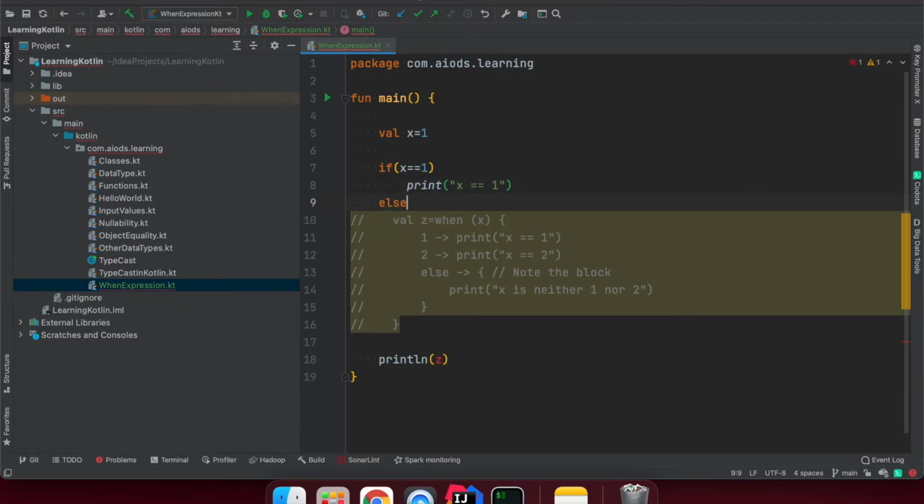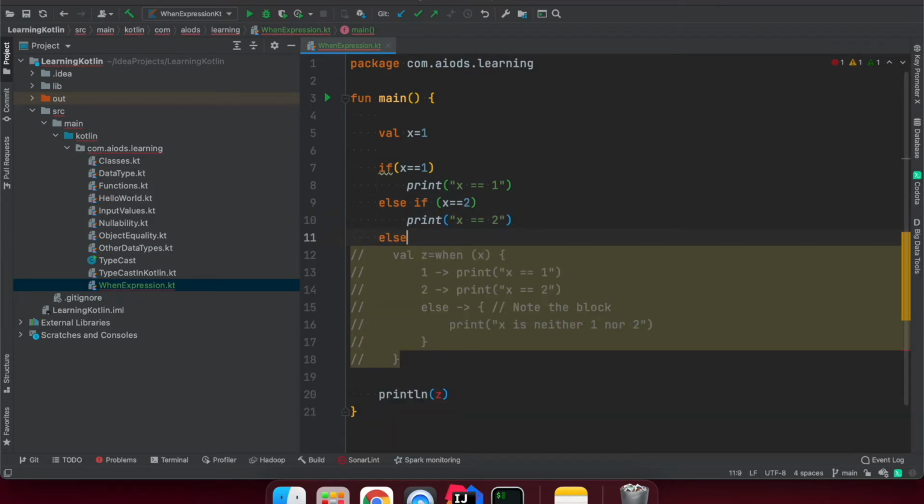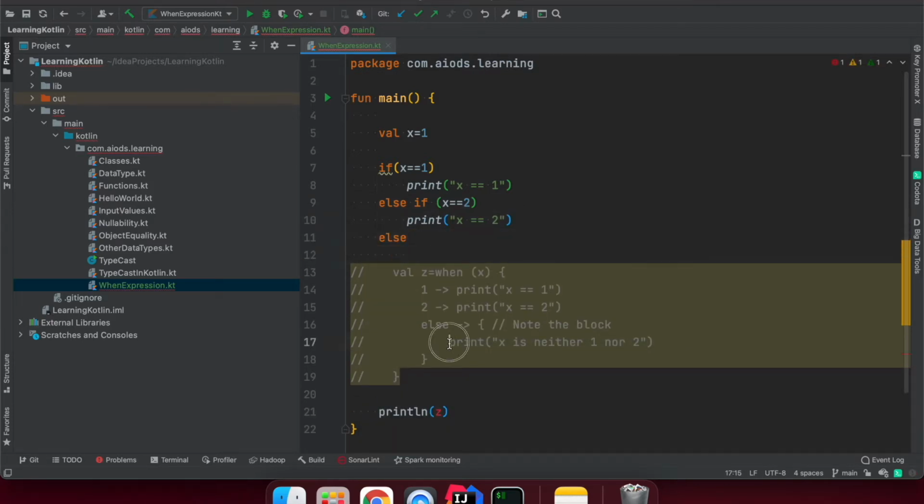Otherwise we can say else if x is equal to 2, then print x is equal to 2. Else we can print x is neither 1 nor 2. Okay, so let's run it and see what the output is.